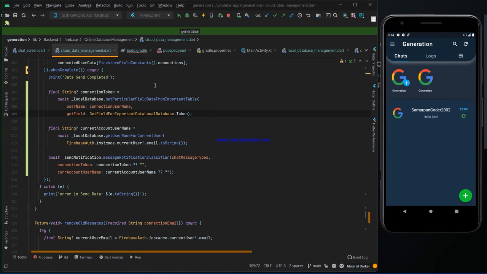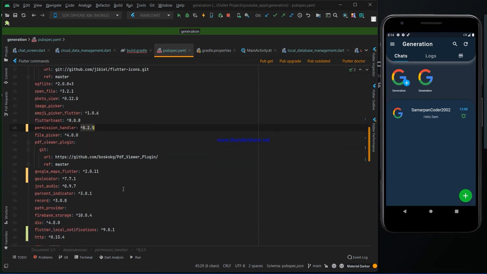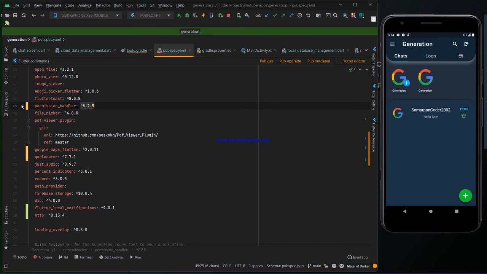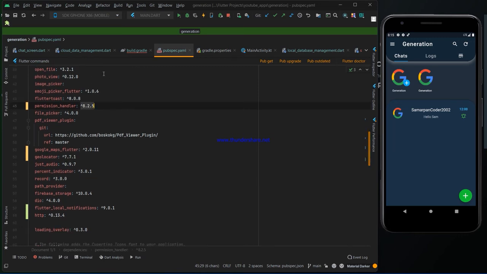So if you face any errors after doing all this stuff, just go to the pubspec.yaml and update the version of packages to the latest version, because you can see here I also updated some versions. In the previous version there may be some conflict, and that's why I updated some packages to the latest version. So if possible, update everything to the latest version as well,